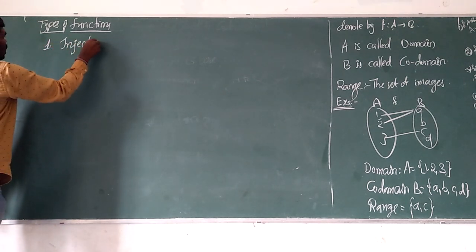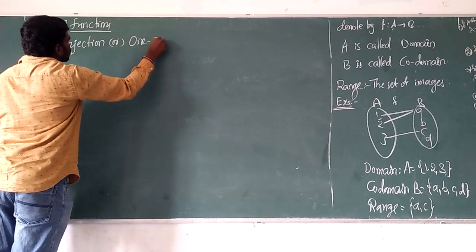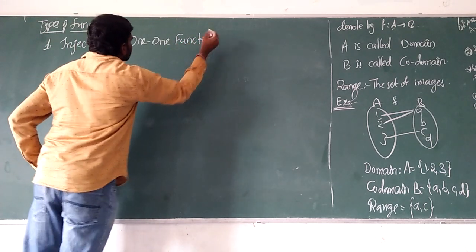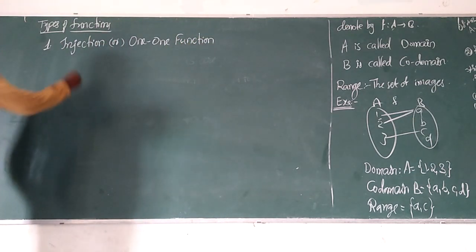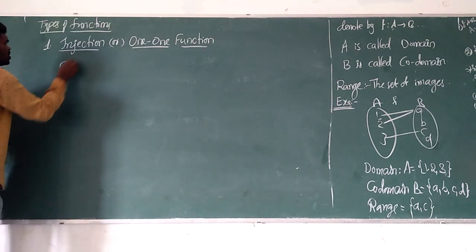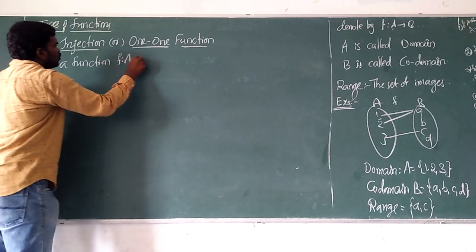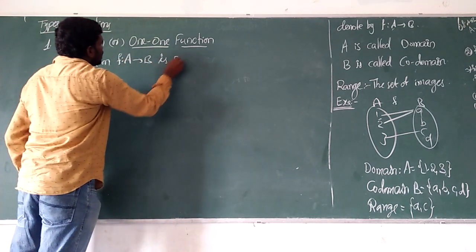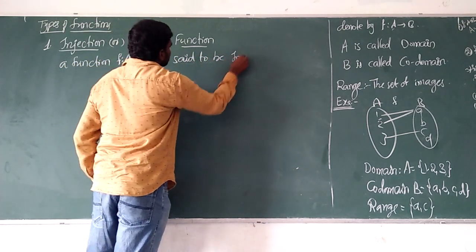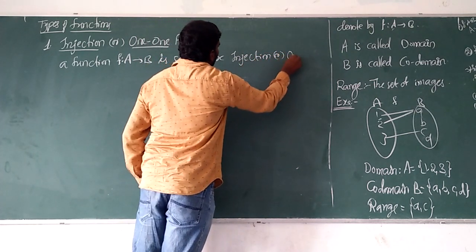This is also called a 1-1 function. So a function f maps from A to B is said to be an injection or 1-1